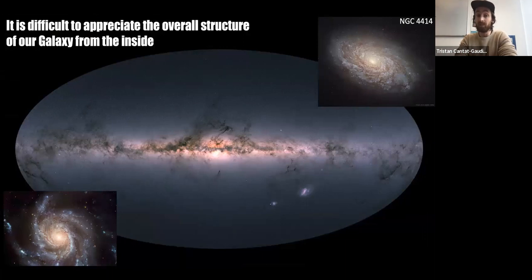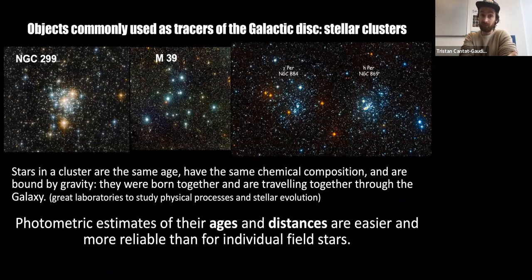So what we can see from the inside has to be interpreted so we can actually tell if the Milky Way looks more like the galaxy on the left or more like the galaxy on the right. And for this, a very important piece of information is to determine distances to some objects in the Milky Way. And if you can have distances to a lot of tracers, then you can reconstruct the 3D structure of our galaxy. And the topic of my talk today are star clusters, and they have been used as tracers